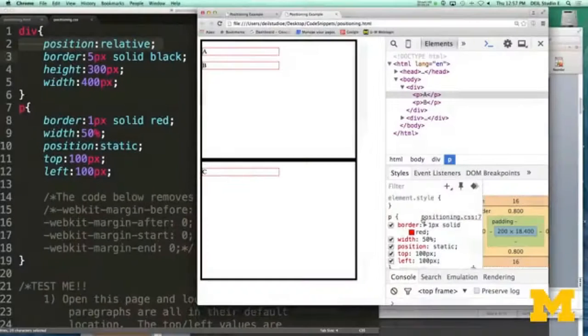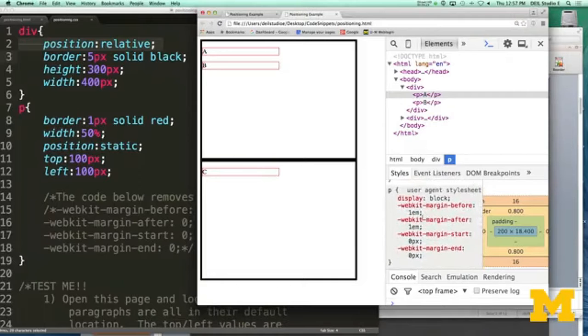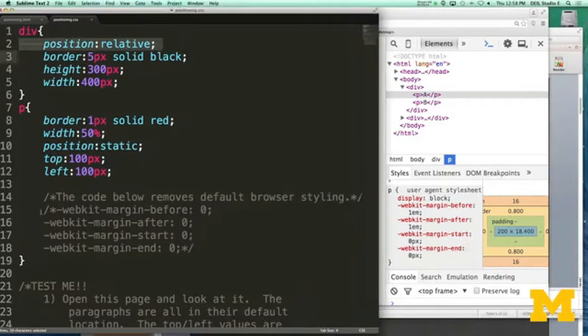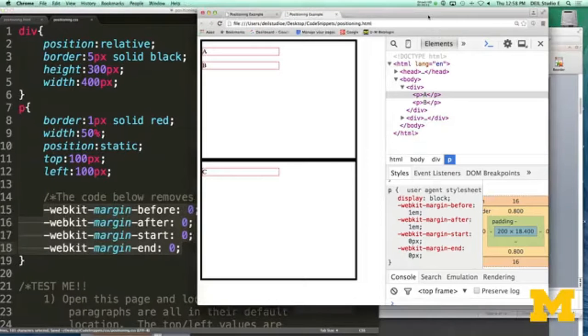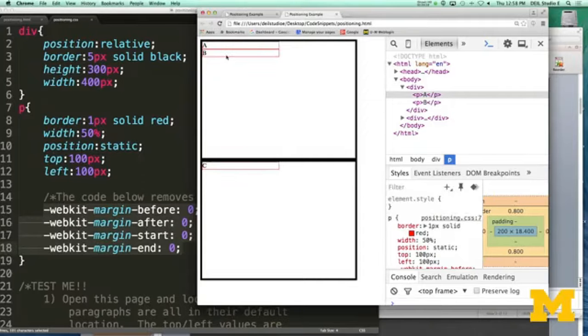So let me scroll over here for a second. I'm going to go down. And you can see that there's this kind of weird code right here that says WebKit margin before and WebKit margin after. This is an example of some pseudo classes that they used. So I don't want these different default things to be coming into play. So I'm going to go ahead and get rid of them. After I comment those out, I refresh, and now we've got our A, B, and